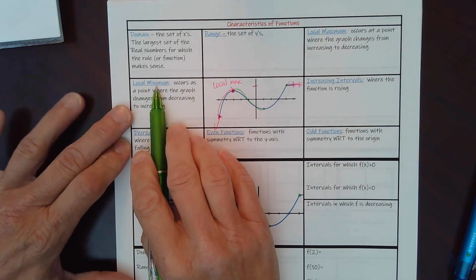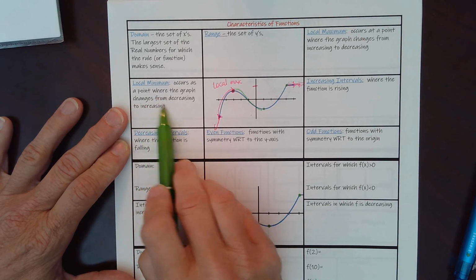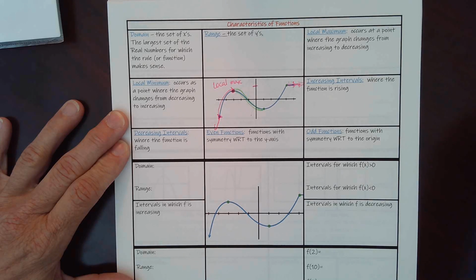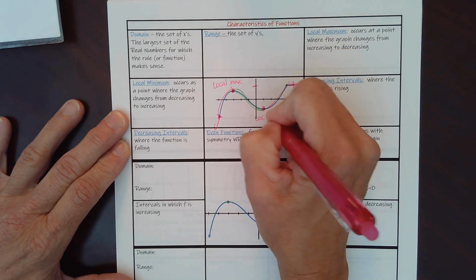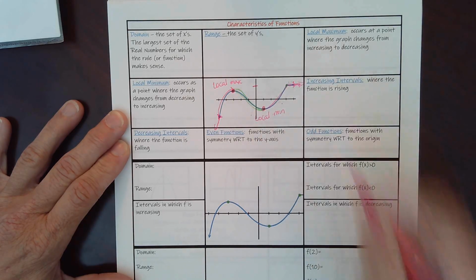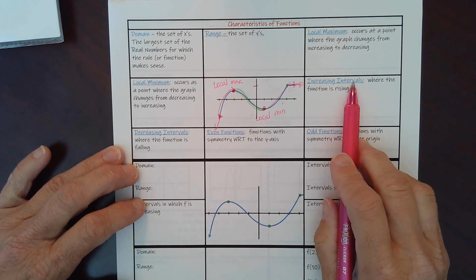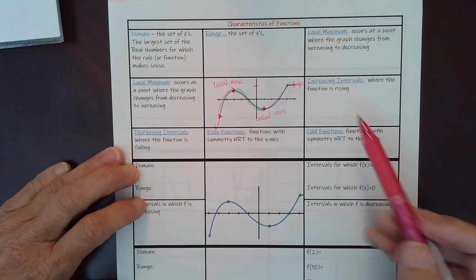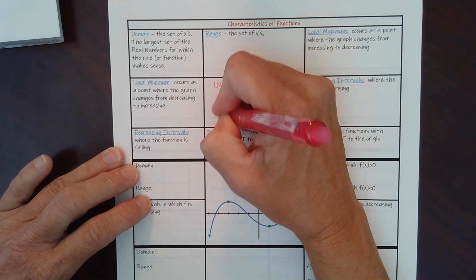A local minimum occurs at a point where the graph changes from decreasing to increasing. So this point right here is a local minimum. And if we're talking about increasing intervals, intervals are always x values. But if we just simply look at this graph, we notice that, and we've already emphasized this,